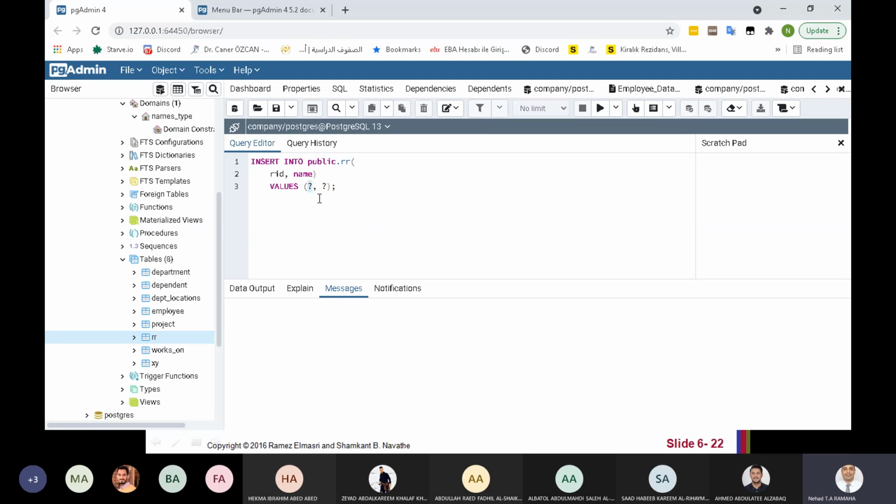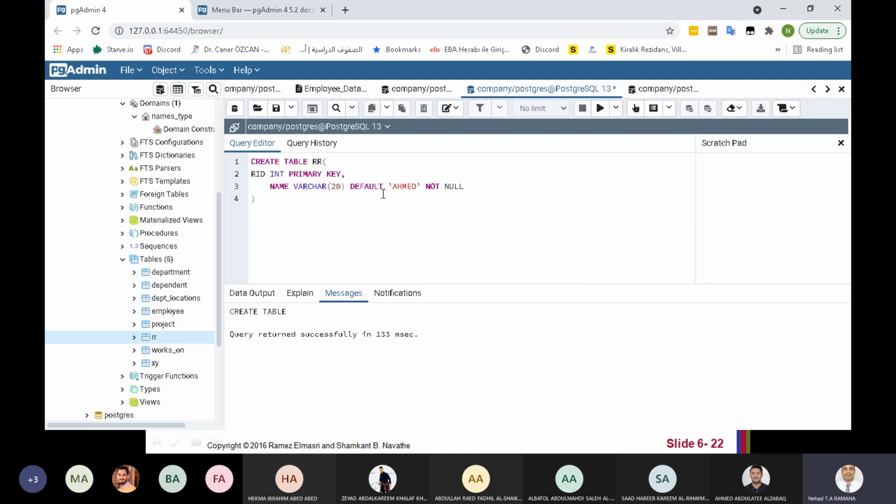Okay, I will insert only information for ID. I mentioned that name is not null, yes. When I created the table, I mentioned that the name could not be null.